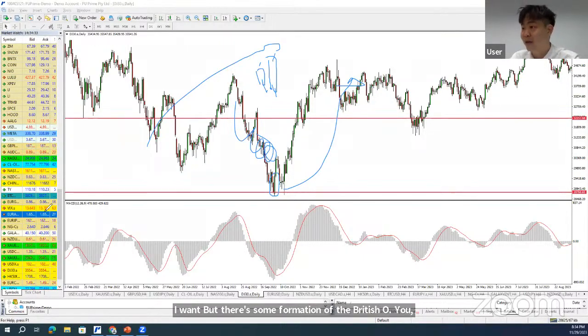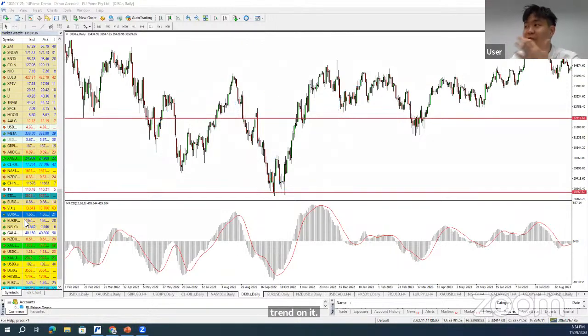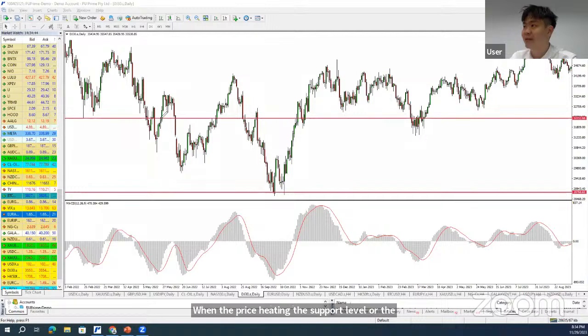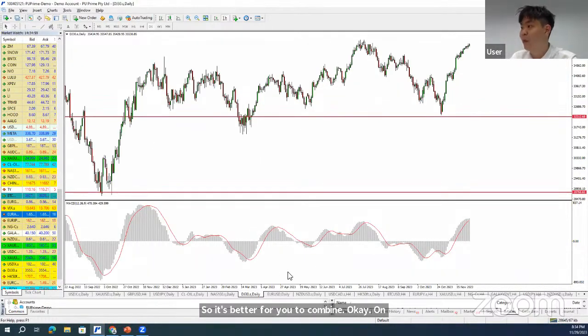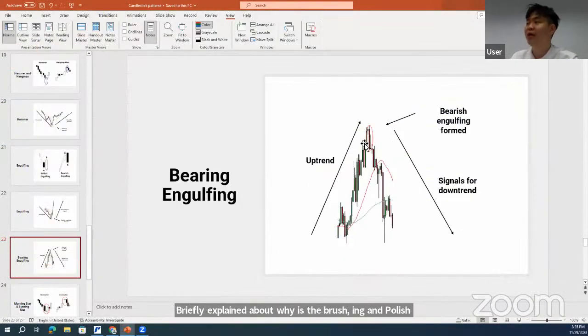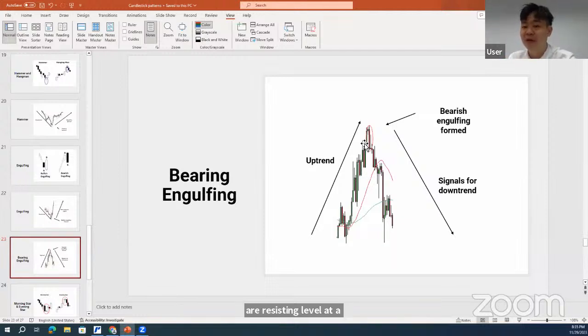So how the candlestick patterns like bearish engulfing, bullish engulfing are strong is when the price is hitting the support level or the resistance level. So imagine if this overall is our trend, but suddenly it forms a very long shadow, a long bearish candlestick around here. It's still not solid because we don't have a very solid resistance level around here. So it's better for you to combine on it. So I hope I briefly explained what the bearish engulfing and bullish engulfing candlestick are for you guys. So this is an example. Make sure it's hitting the resistance level or the support level, then you make sure the candlestick pattern has been formed. Bearish engulfing candlestick, bullish engulfing candlestick has been formed, then it's a very good